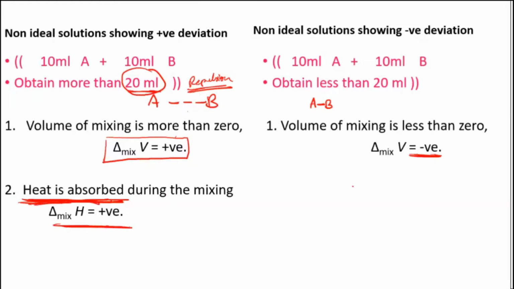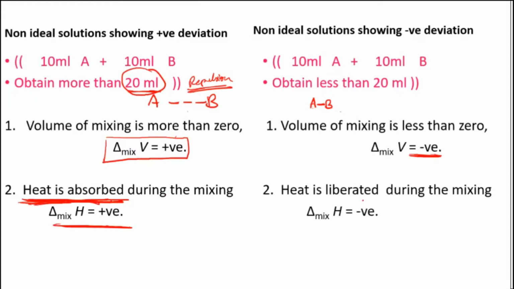And in the other case, when you have mixed them, since there is a large force of attraction between the A and the B particles, you know that more energy will be released than whatever is being absorbed, because the force of attraction is larger. Here they are doing certain work in forming that bond, so energy is released. Your delta H value will become more negative than what is absorbed.